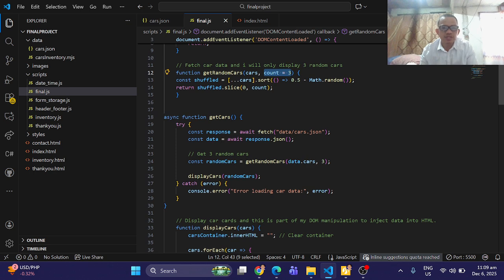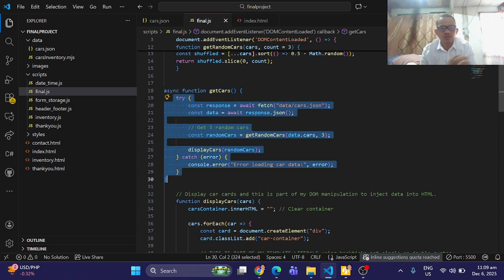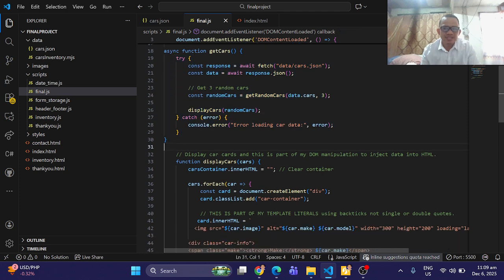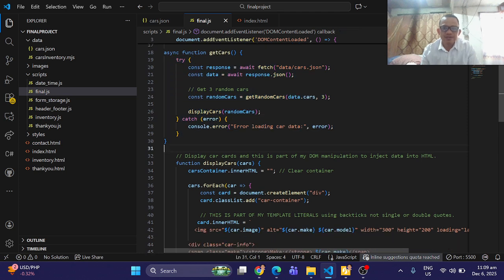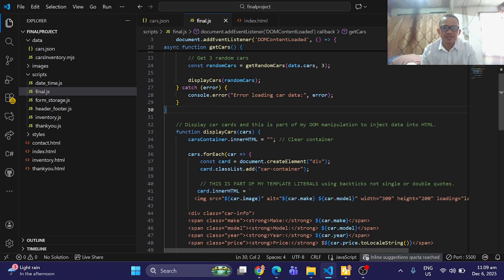Then we are using the asynchronous function getCars, and we are using the try and catch block to handle exceptions. So if the data from the cars JSON is not found, then the catch error will handle that.